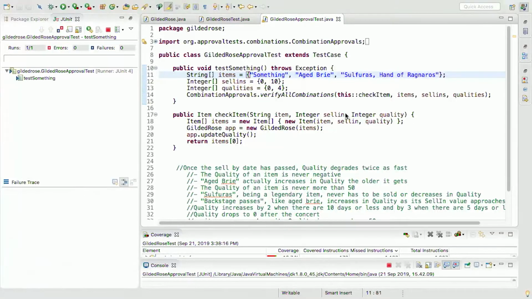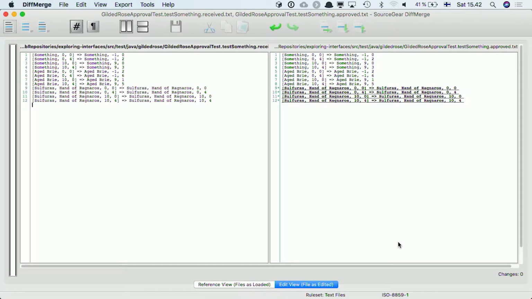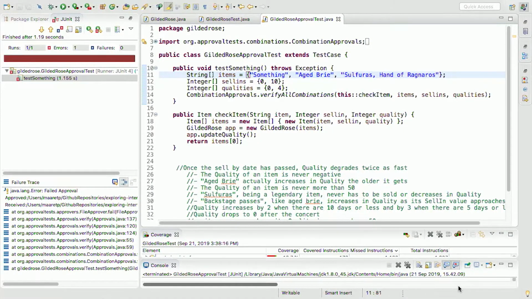And now when I run it, previously I didn't approve because I didn't like what it was. So I'm seeing that 10 days never goes down, value 4 never goes down. This seems to be what I actually expected. And I can continue this, I can continue this based on my